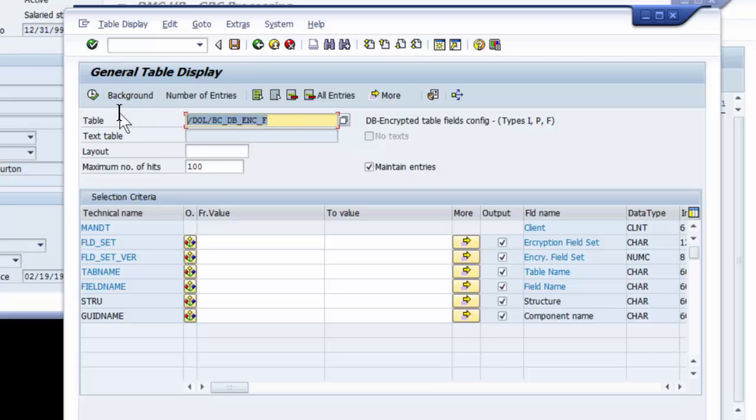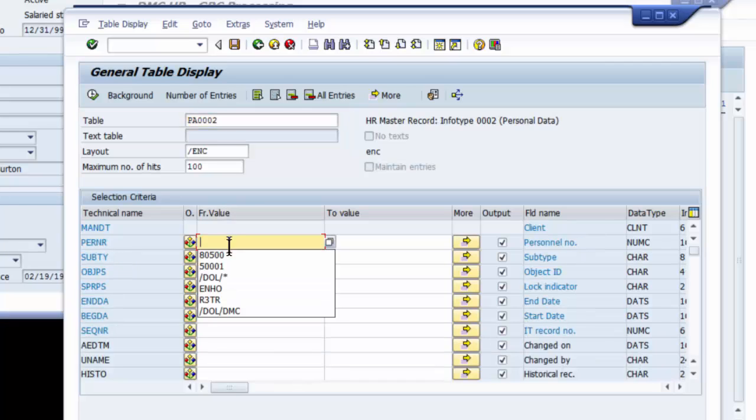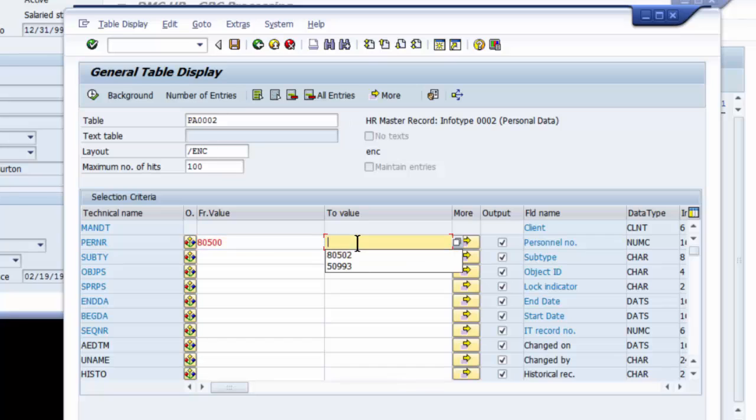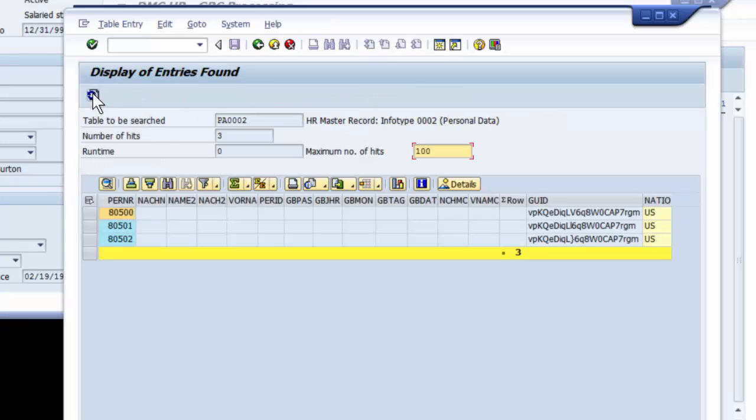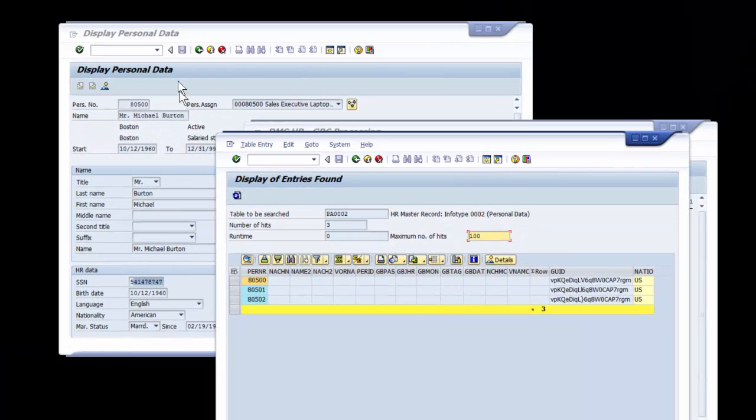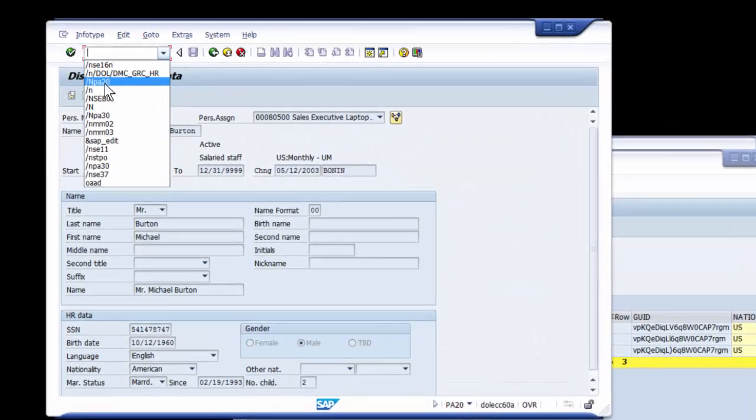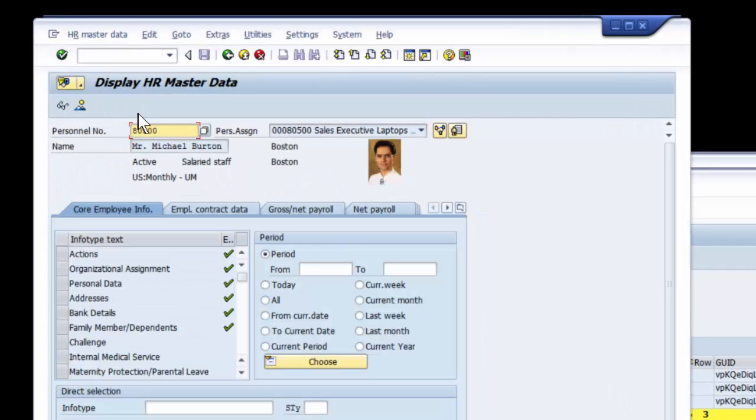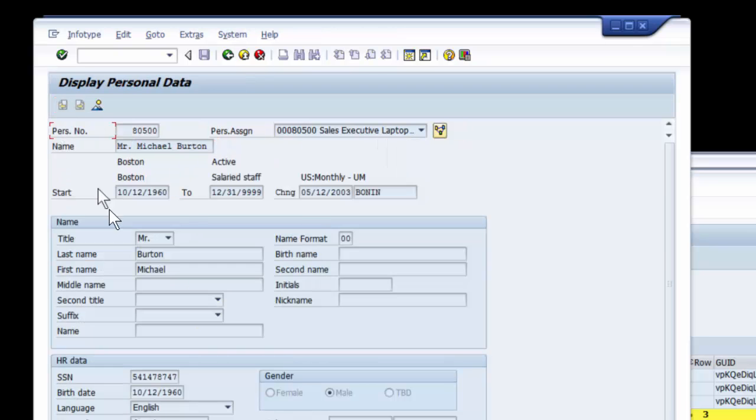If I go back into the PA0002 table for that specific person, let me say these three people, you see now that in the database it has been blanked out. There's nothing in there. But if I go back into the PA20 transaction, I still see the name and the personal information. And the reason is we have enhanced this PA20 transaction to dynamically call the decryption module in the Dolphin